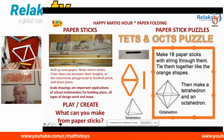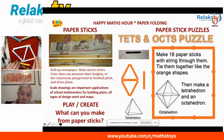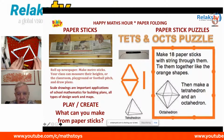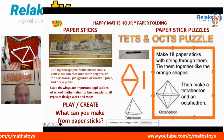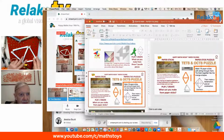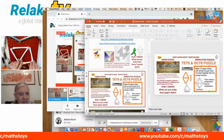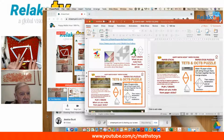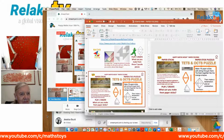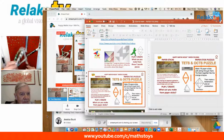So I'm not demonstrating how, am I, Toni? Yes, you could. Why don't you make the octahedron? The tetrahedron, the way I use the tetrahedron is to say manipulate it, move it around. Just keep moving it until you get the shape that you're looking for. And I have to say there's a little bit of a clue here. I will give you that little clue, and I've put that away. And now I'm going to make out of this, could be a square. I also do it as a 3 by 4 rectangle. I'm going to make an